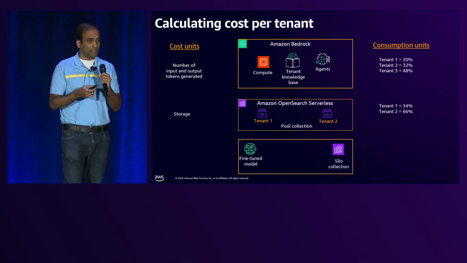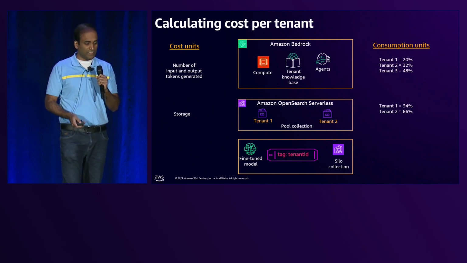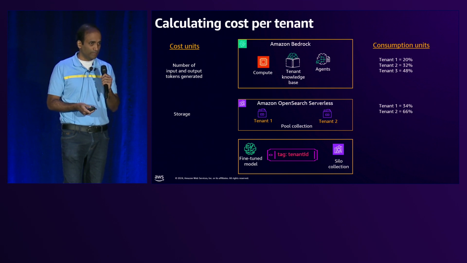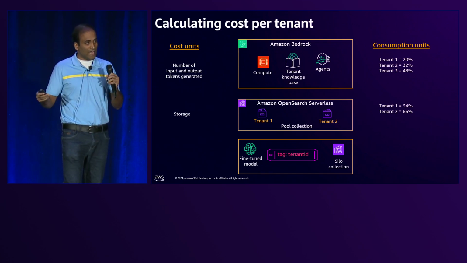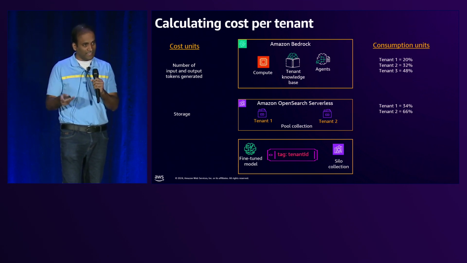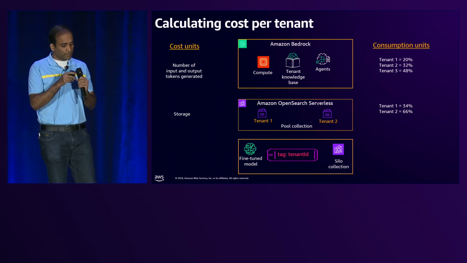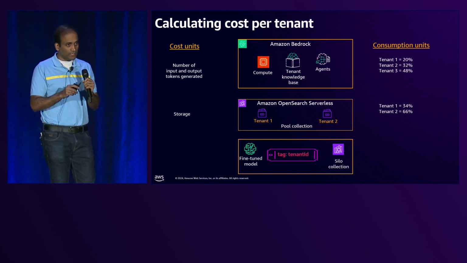In this case, since they are dedicated resources, you could use a different approach to calculate cost per tenant. That is, basically you could tag them with tenant ID, and then use a cost and usage report, which will be available from the AWS Billing and Cost Management service. You could aggregate the cost of these dedicated components by tenant ID, basically by the tag and tenant ID. So now let's pick up each of these components and drill down into it and understand how